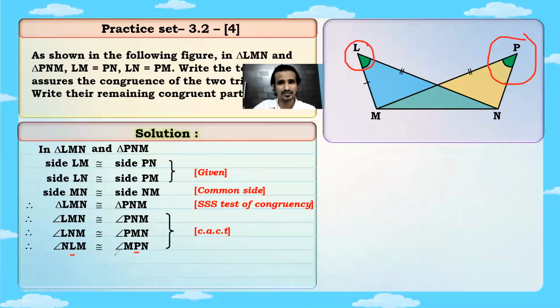But the problem comes when we have more than one angle at a particular point. Like this first pair you are seeing, angle LMN and angle PNM. If you write only M and N here, then see, at that point M and N there are two angles. So you have to specify which angle.